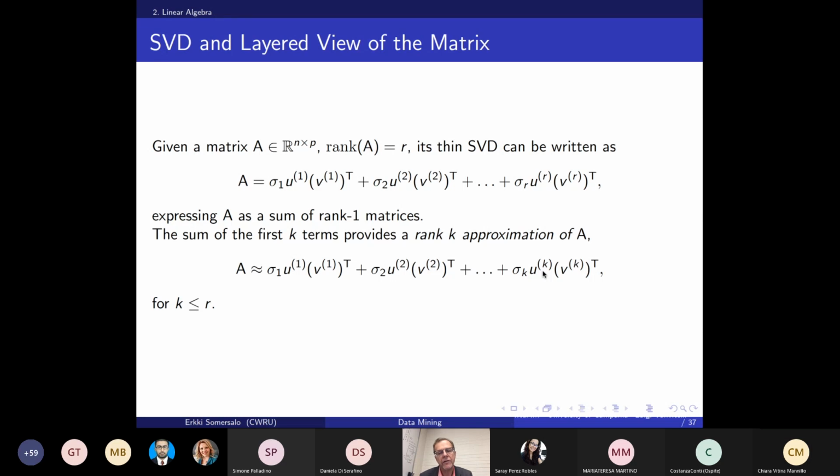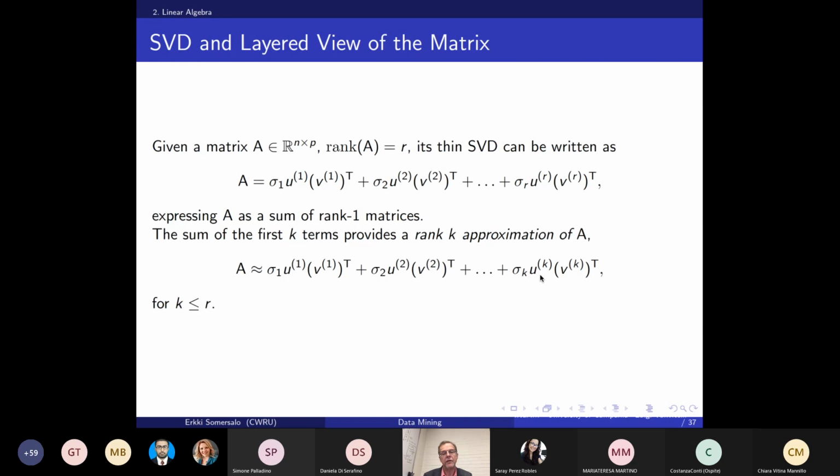And the remaining part, if the singular values are small, has a small contribution to A, so this approximation is probably very good. This is something that we are going to use all the time when we are dealing with data. So we are characterizing the data in terms of the singular values and singular value decompositions, and then we are approximating the data with lower dimensional data, which is obtained by using the singular value decomposition. So this rank K approximation of matrix A is a really useful and important tool.